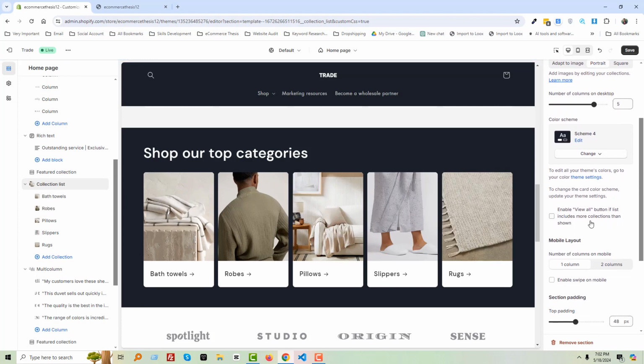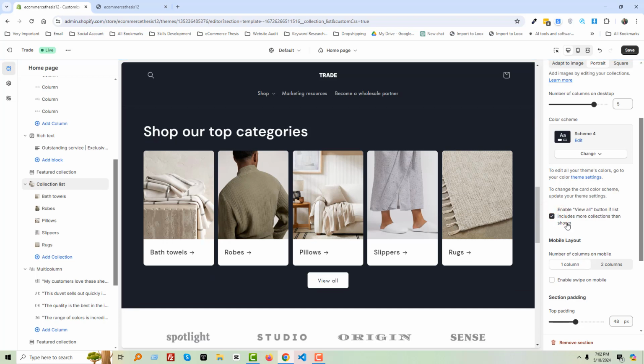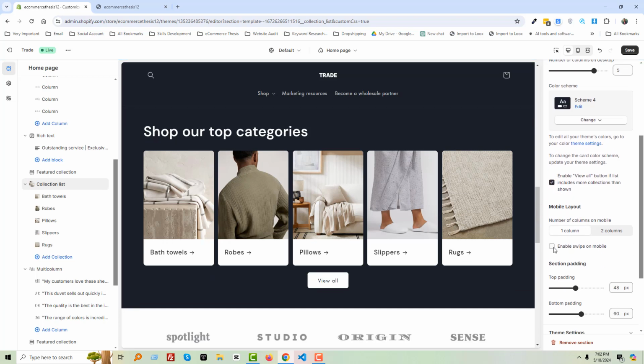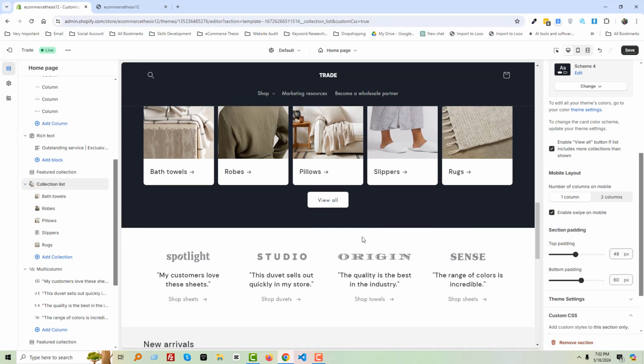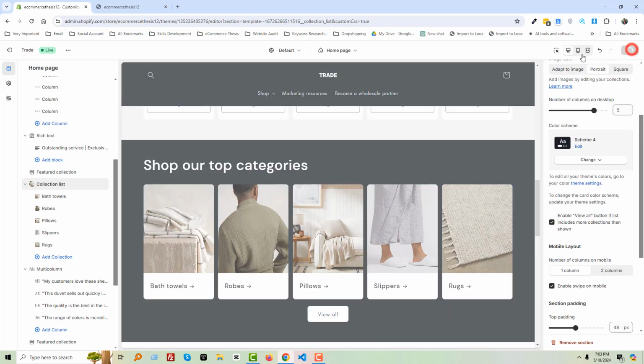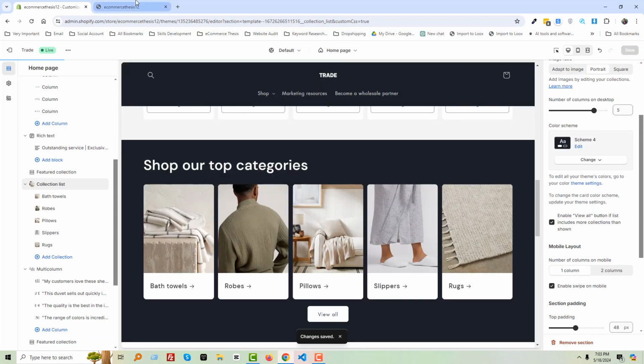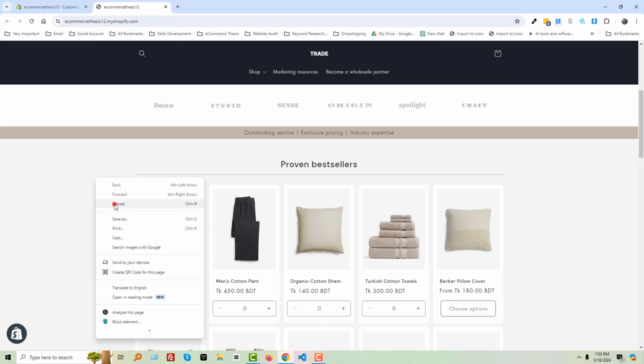Okay, then we can enable view all. Also we can enable swipe on mobile. Looks good. So I'm going to click on the save, then reload,